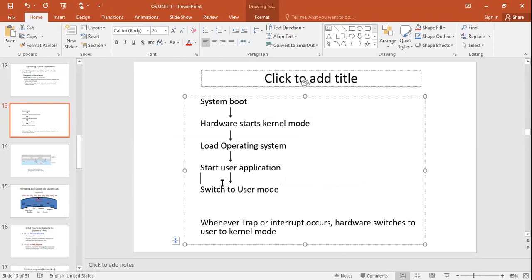Until then, it is in kernel mode itself. So whenever a trap or interrupt occurs, hardware switches from user to kernel mode.